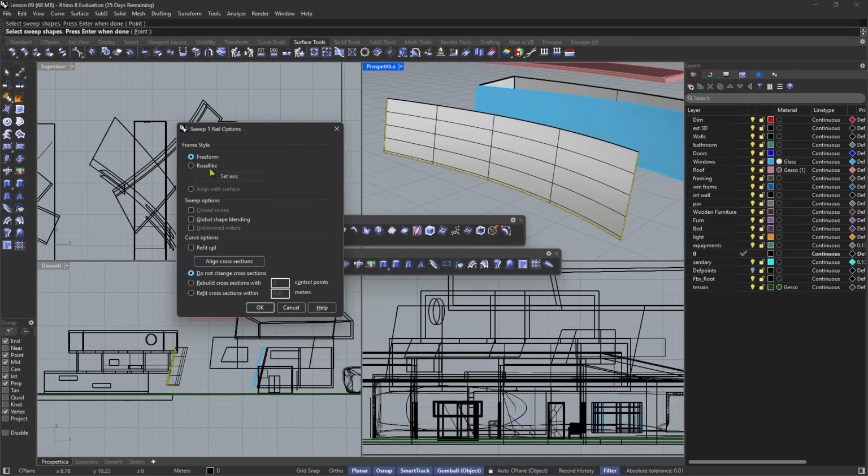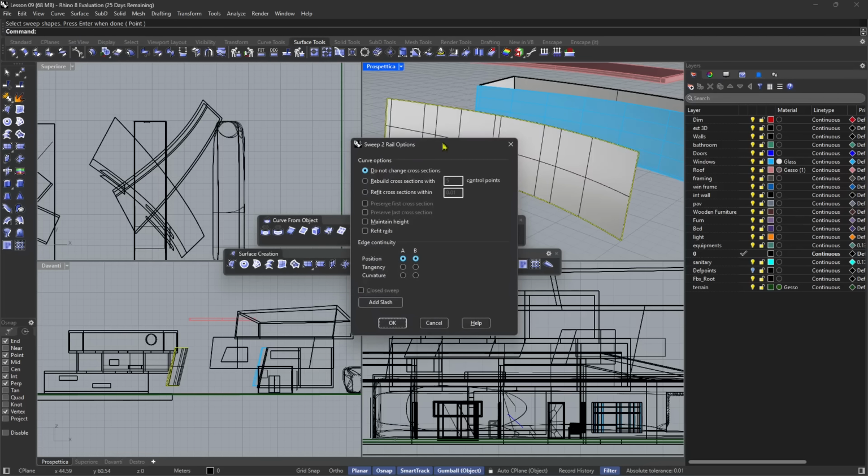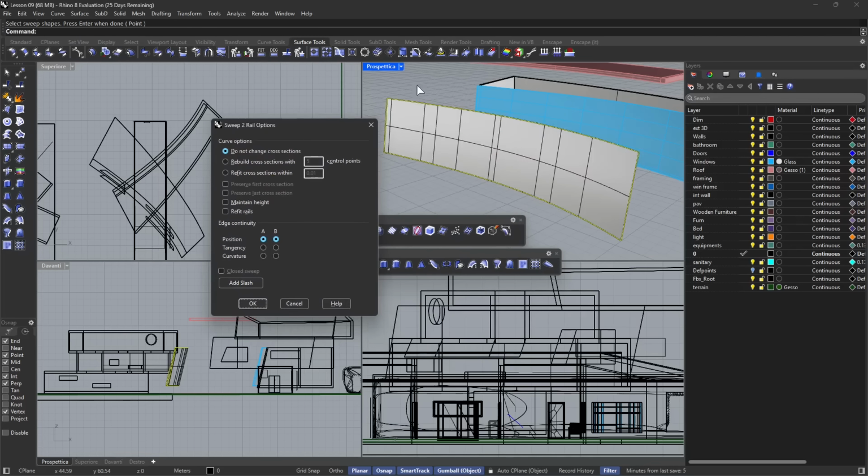And again, we can change some settings here, and we can rebuild, etc. With Two Rails, it's even more precise, because here I can also use these verticals as railings, as rails. So I can select these two, and then these are the two profiles for the loft for the surface. And this is probably the most accurate because we have two paths, two profiles, and again, we can rebuild,